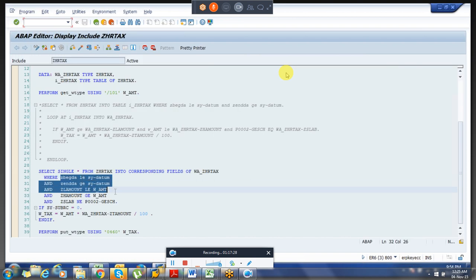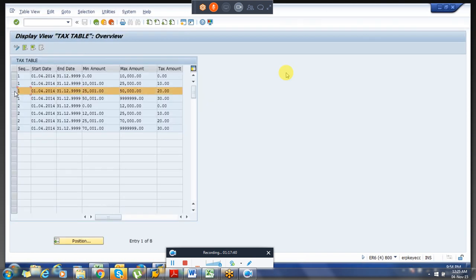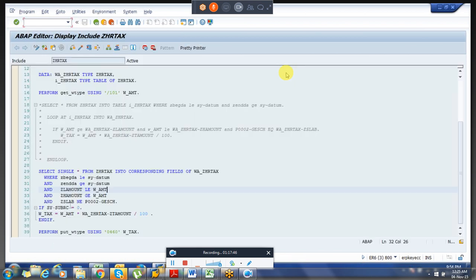You can check the program again. It will check the system date and it will pull the particular line of this table. If this is the case, it will capture 20 and multiply it with the gross amount. So if all conditions are fulfilled, then _tax will be _amount, where we got the /101 amount, into the tax, that is say 10 or 20%, whatever it is, or there is a number 20, so divided by 100 will be the percentage. So finally I am getting _tax over here.